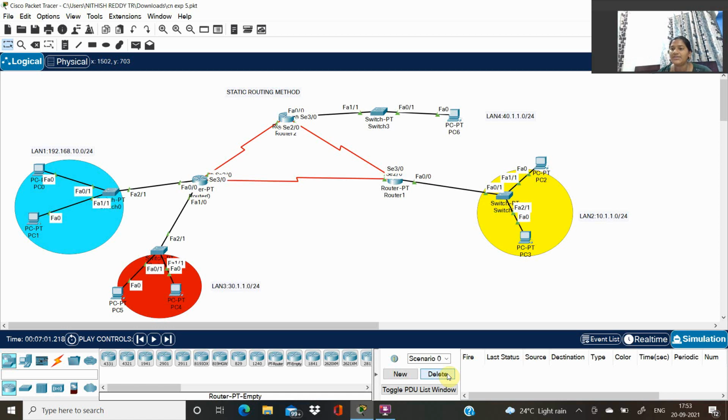By this we completed pinging from LAN 3 to LAN 2.